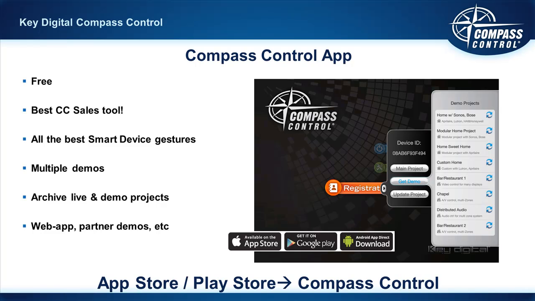pushing Compass Control. The reason why is it has these demos. It has 8 demos. We change them out from time to time. They cover different application types, different looks and feels. Some of them are done with our modular programming method. Others are custom, either from our own programming and our own projects that we're involved in, or through the field where we touch base with some of our master level programmers, or even some first timers that we think, wow,